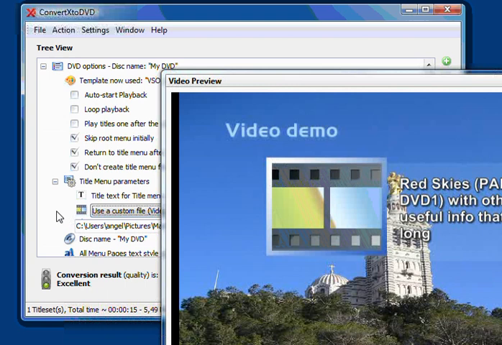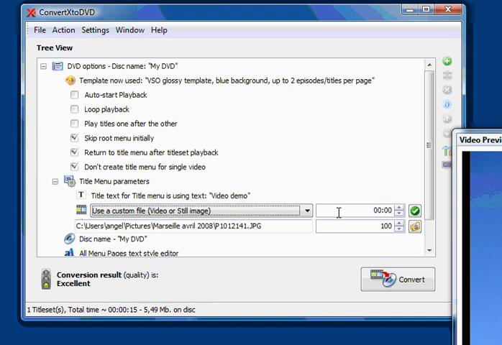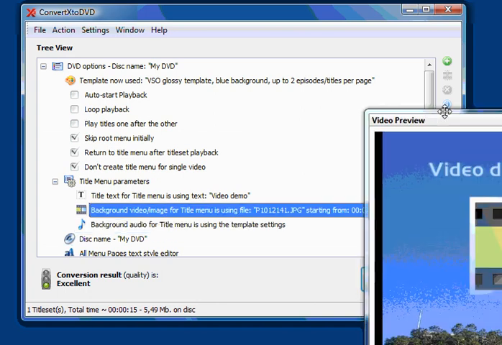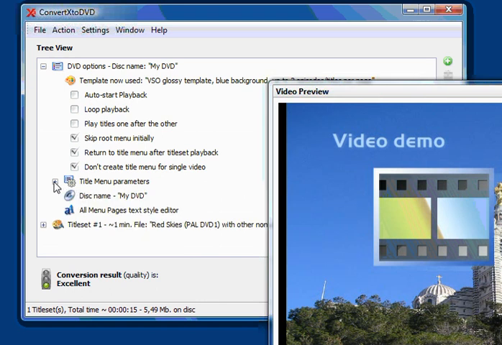So change the transparency. I'm going to show where that is again here. Changing the transparency to 100 on the numbers down here next to where the file is selected. I can see this is the folder where my file has been chosen from. Okay, great. So that's done, and I'll just show you that this is for the title menu, and also note